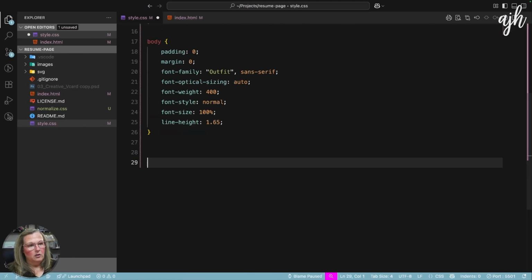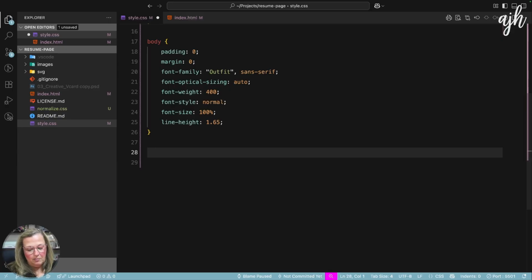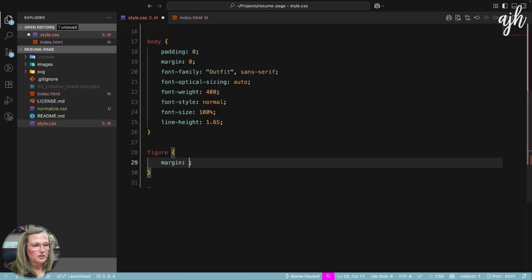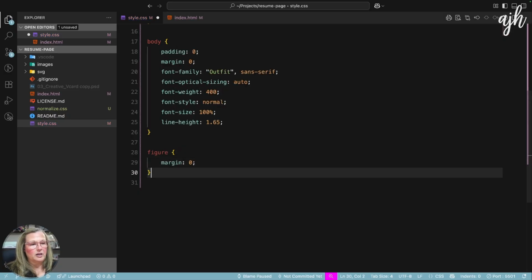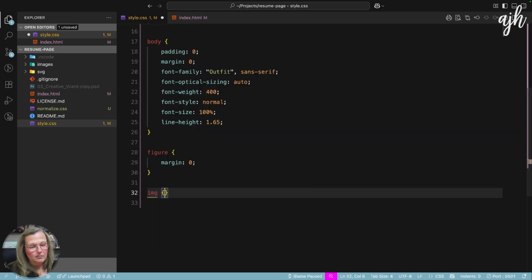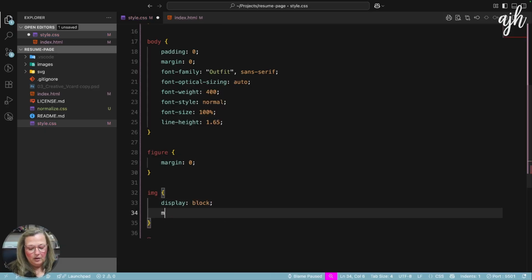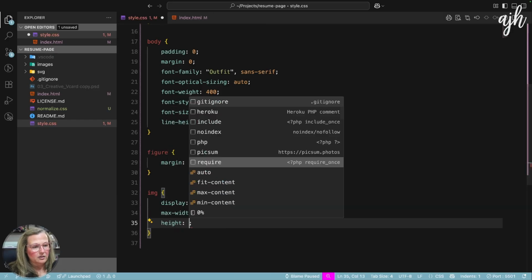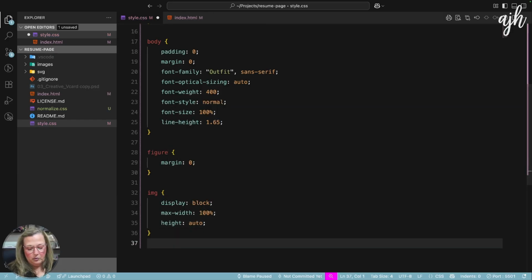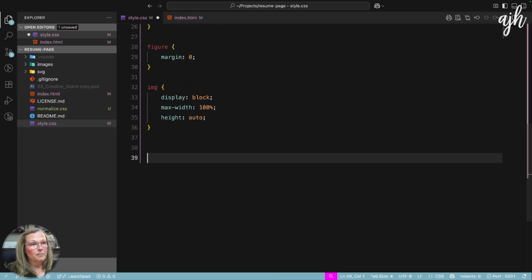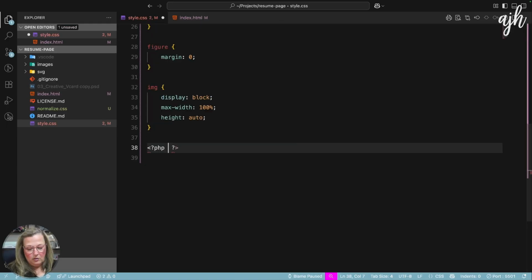Okay, some other things that I like to do, for figures, I will always just do some base styles, margin 0, because I always have to take the margin off of figures. And I use figure tags every time I use images. For images, which are by default display inline, I always change it to display block. I always do a max width of 100% and a height of auto. That makes your images nice and responsive. For paragraphs,